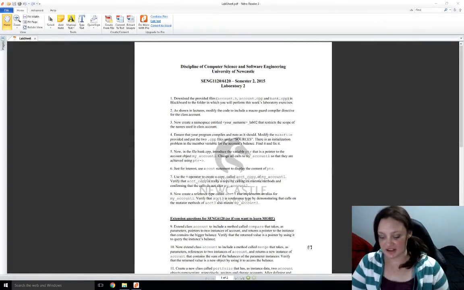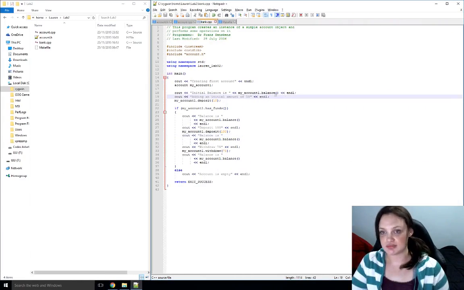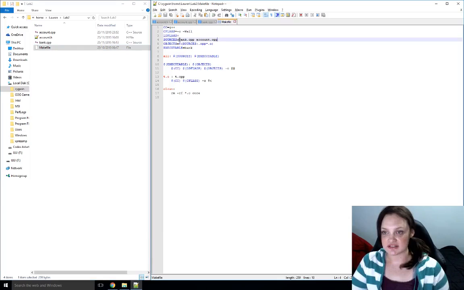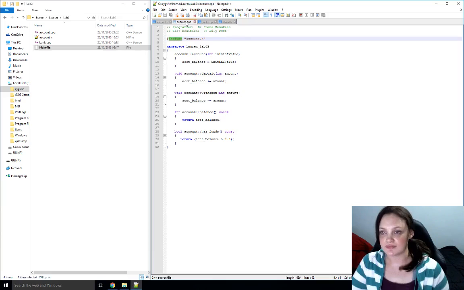So for the next task, we're just going to compile it using a makefile, and that's pretty much the same as what we did last week. I've got a makefile just here. I've adjusted it for this week's problem by putting in the new sources, and I'm using the bank.cpp and the account.cpp. I don't need to include account.h, and the reason why is because if you look at the account.cpp file,